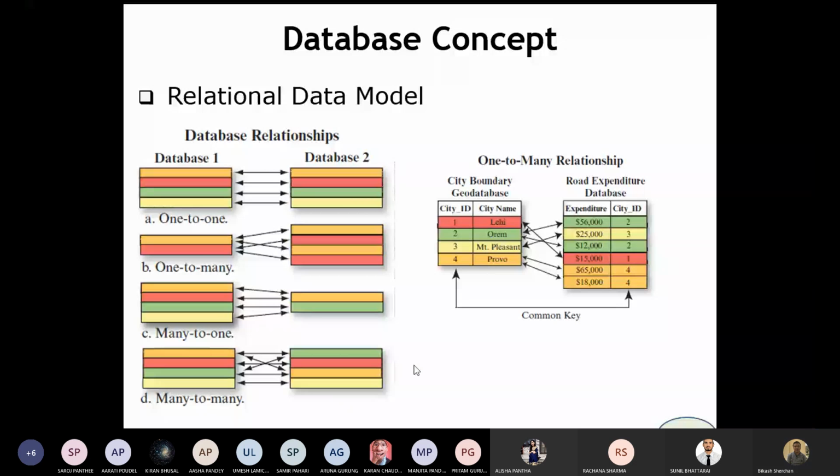So here is another example for city boundary. So the cities are identified with this code, or we can call it a city ID. That is 1, 2, 3, 4, and city name is mentioned here in the second field. So this table is related to this table with the help of this city ID. City ID 2 is the name of city 2 is